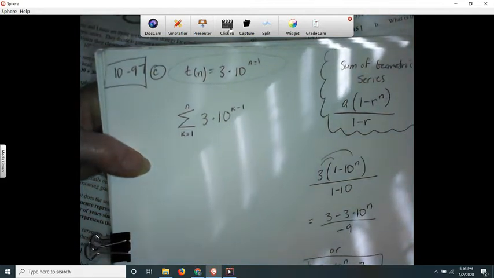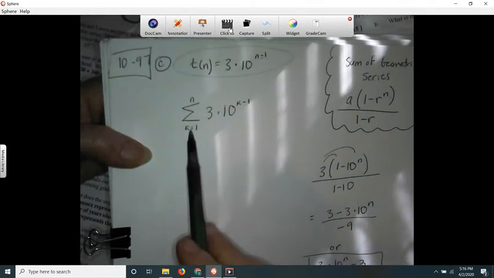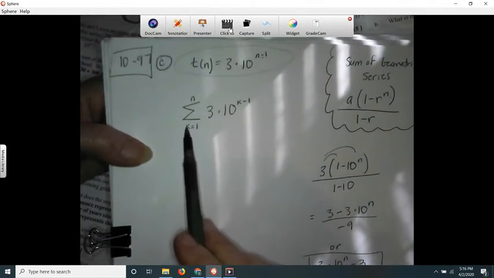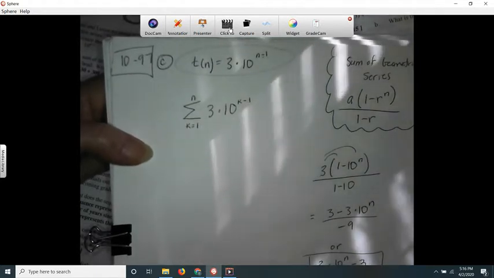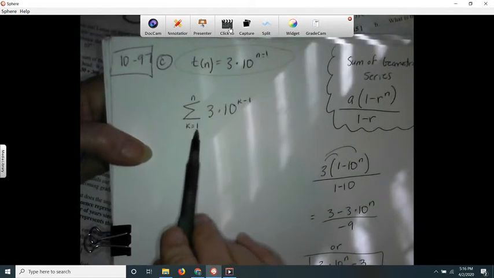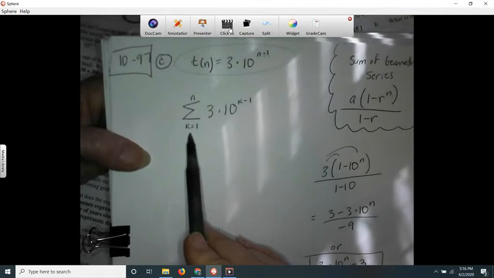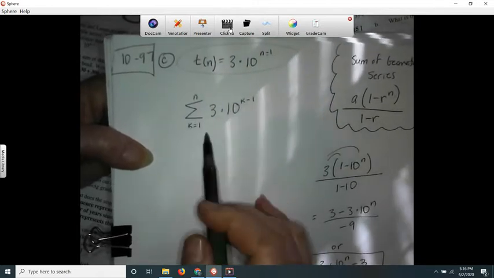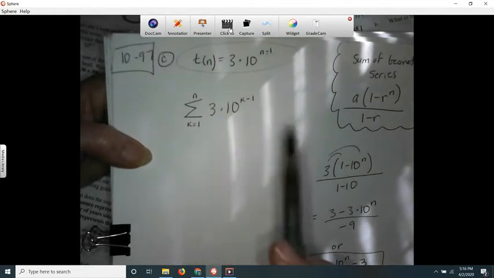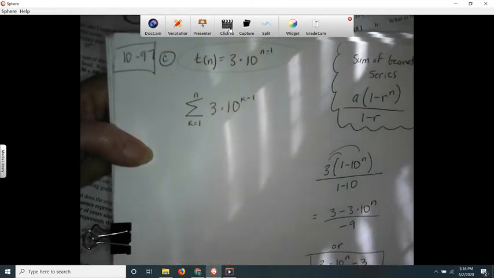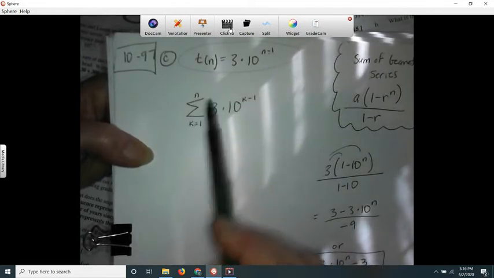So summation notation, this thing is a sigma, and it means you're going to sum up. Your book likes to use the letter I or the letter K. I just chose the letter K today. You start out with usually just the first term. Sometimes it's possible to start with the 0th term, but let's not get in the habit of doing that. So start with the first term, and then it's going to generate the second term and the third term and the fourth term, all the way up to the nth term. Now, we don't know what the nth term is,